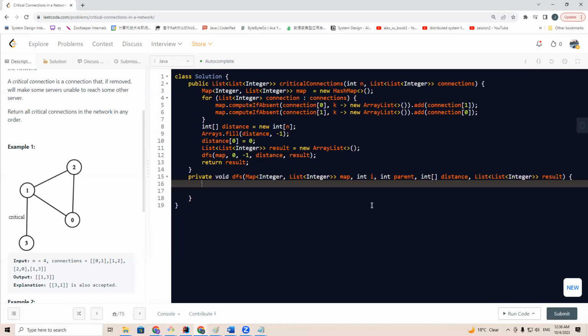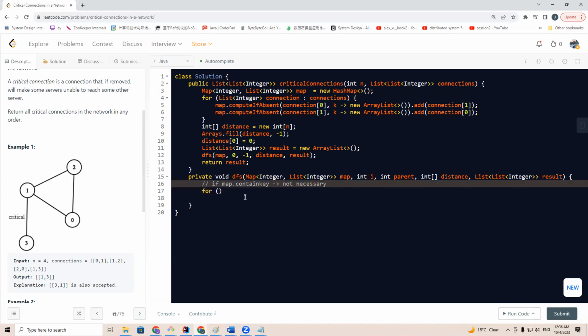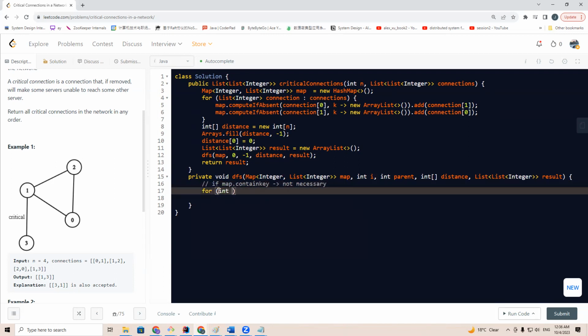Of course, you can check if the map doesn't contain the key, but it's not necessary. If you write it, it's not wrong. For int next in map get i,